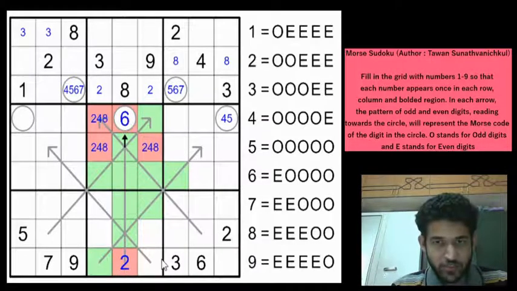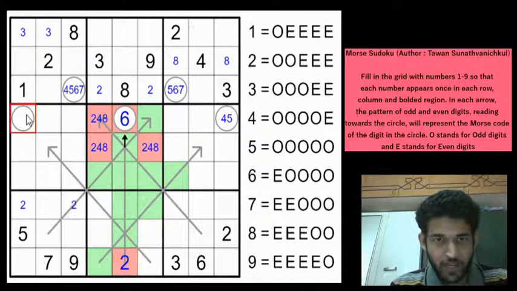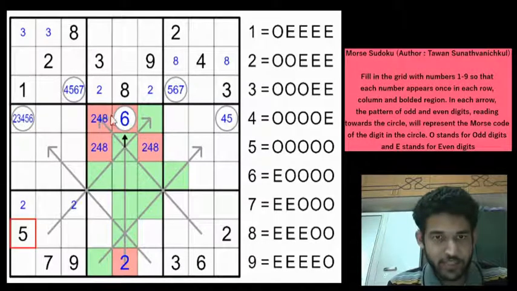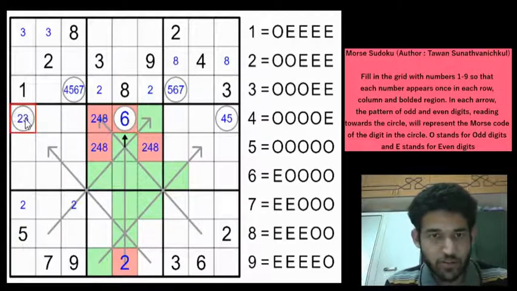Right? Any more deduction we can gather? So we have placed 2's in last 2 rows. So we can pencil mark the 2 to one of these 2 cells because 2 is here. And now let us come to this circle because there is absolutely no information whatsoever except focusing on the circles. So we know that the second digit from the left is again odd. So it is again going to be either 2, 3, 4, 5 or 6. 5 and 6 are out of equation. So it can only be 2, 3 or 4.